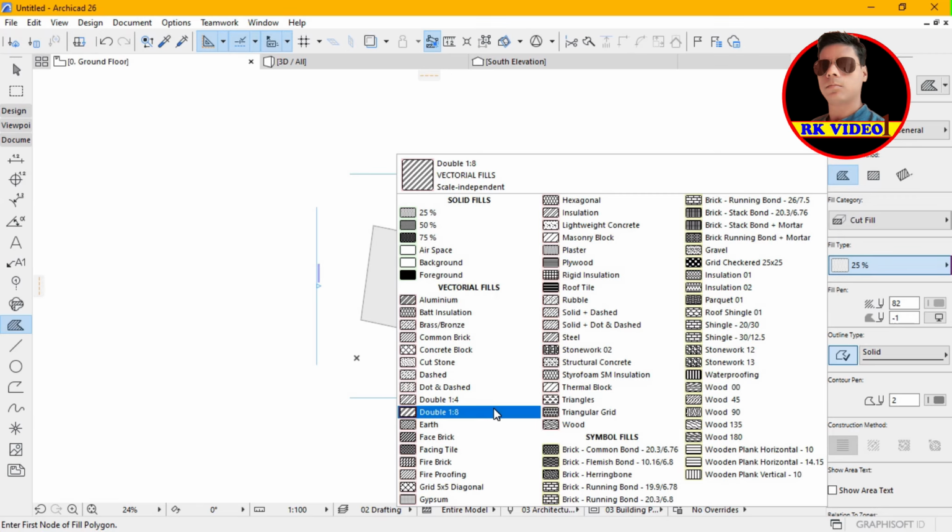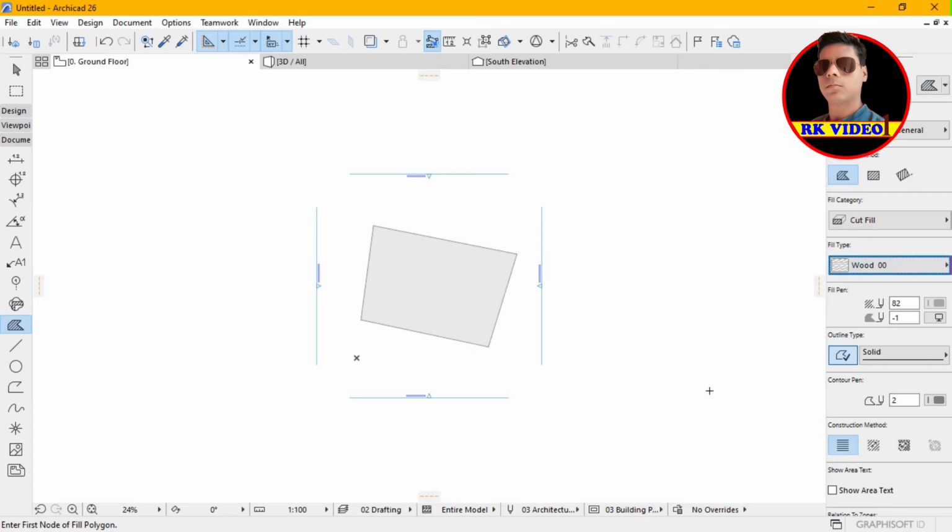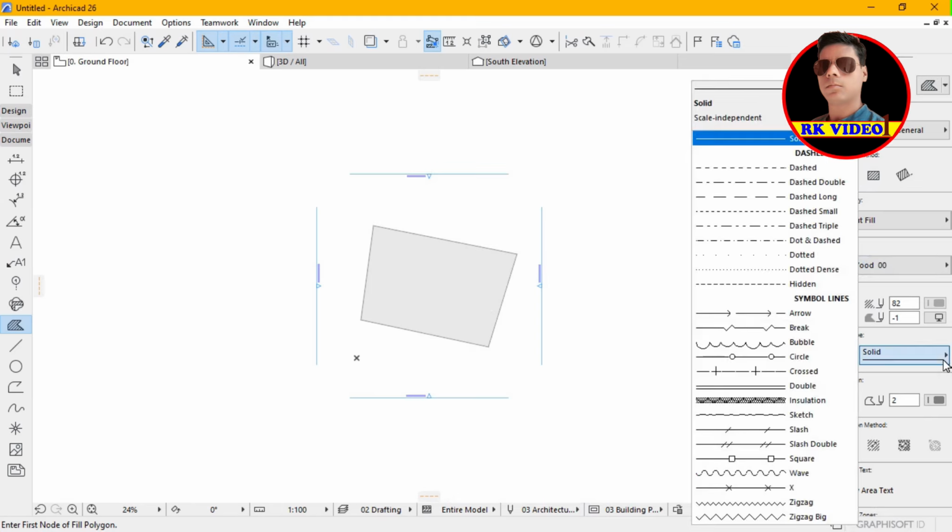So what I do, we take something like wood fill. So you can use this surface in wood. Here you can see that, and also you can change the color,